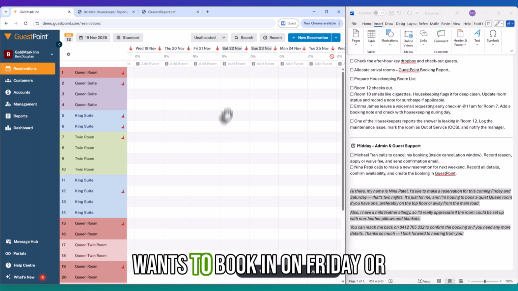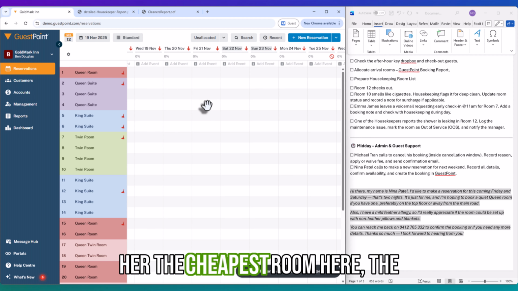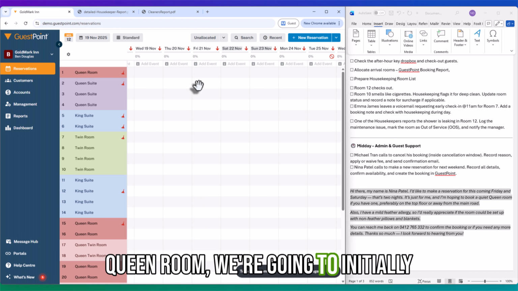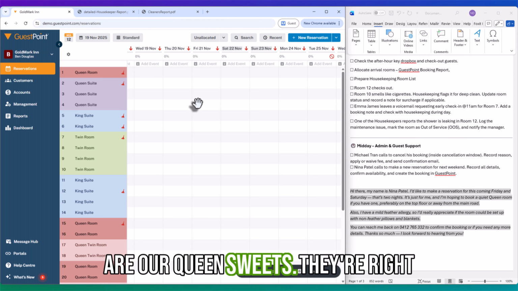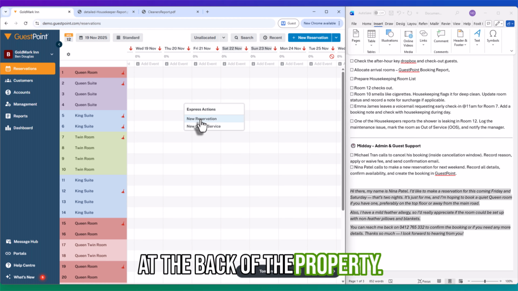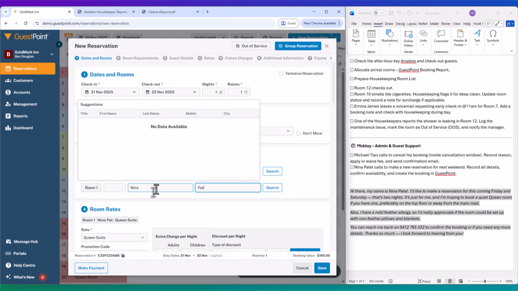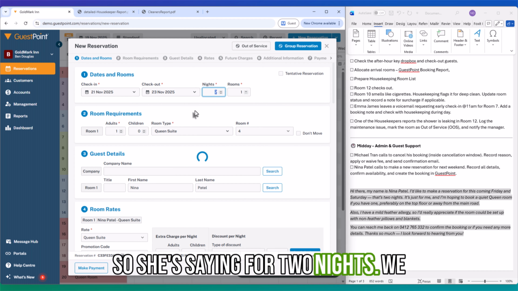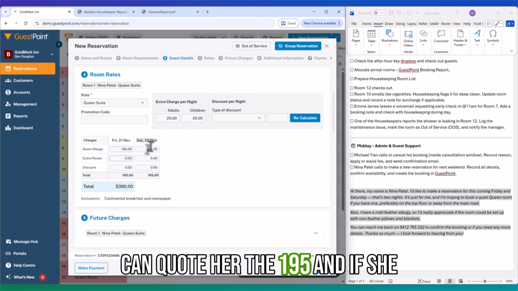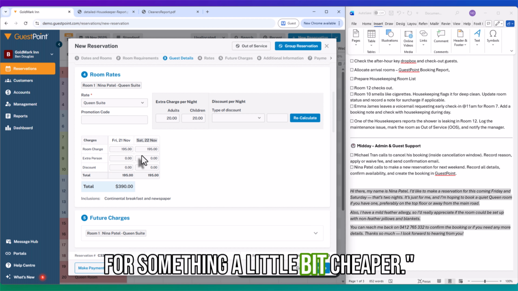So if she wants to book in on Friday or Saturday, rather than trying to sell her the cheapest room here, the queen room, we're going to initially start and say our quietest rooms are our queen suites. They're right at the back of the property. Put in her details. So we can then quote her. So she's staying for 2 nights. We can quote her the $195, and if she comes back and says, I'm looking for something a little bit cheaper,